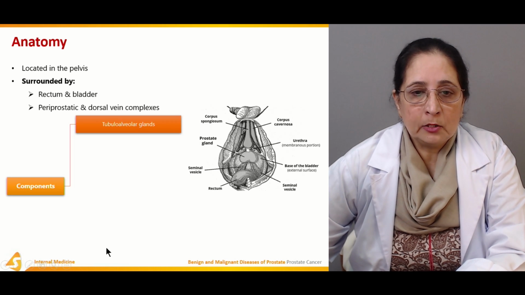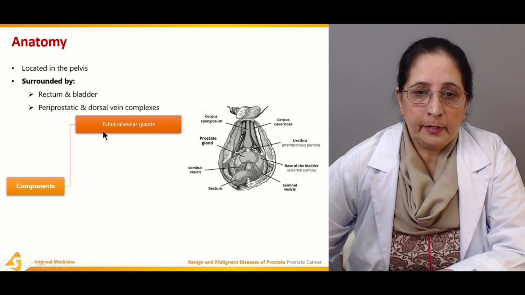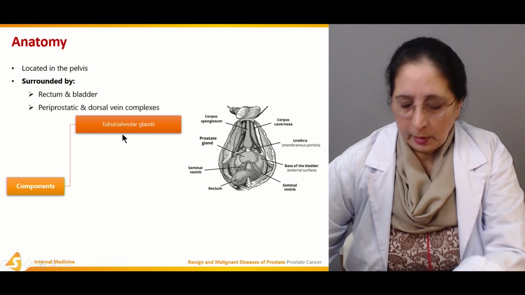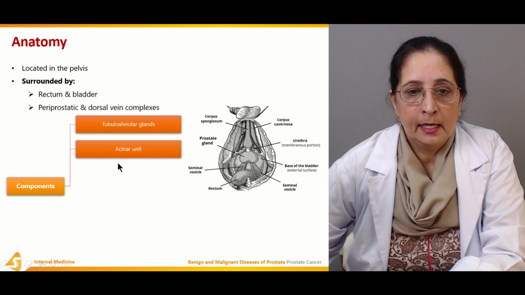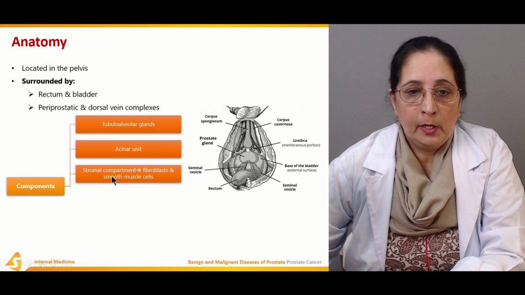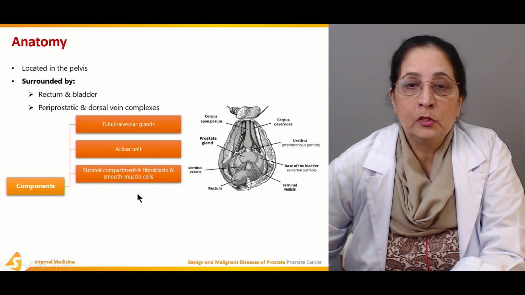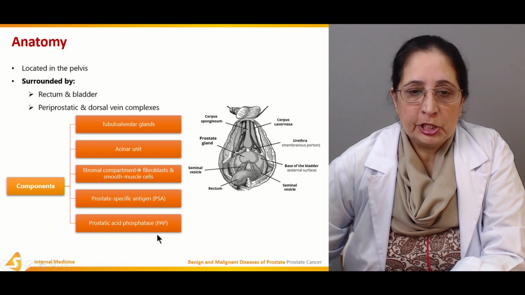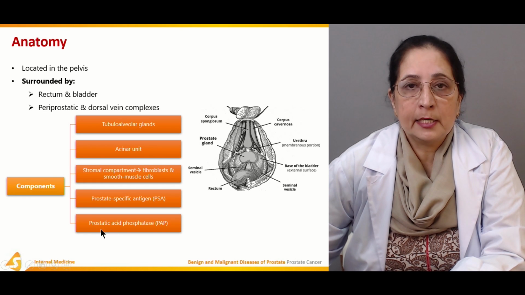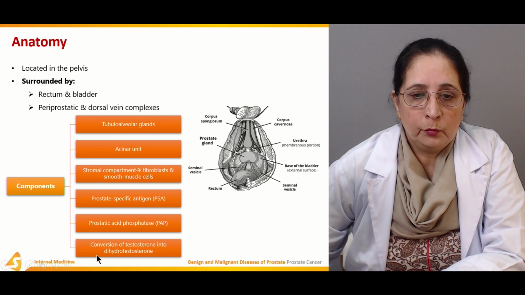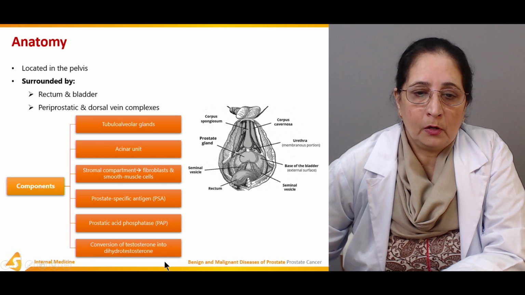The components of the prostate, we have tubuloalveolar glands, acinar unit, stromal compartment, which is fibroblast and smooth muscle cell, prostate-specific antigen, prostatic acid phosphatase, and conversion of testosterone into